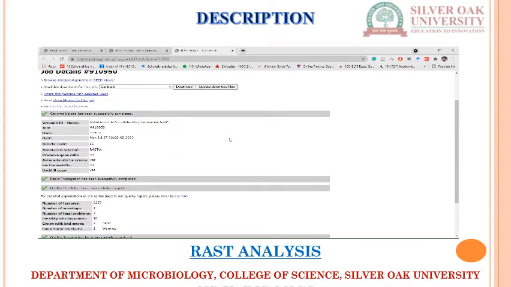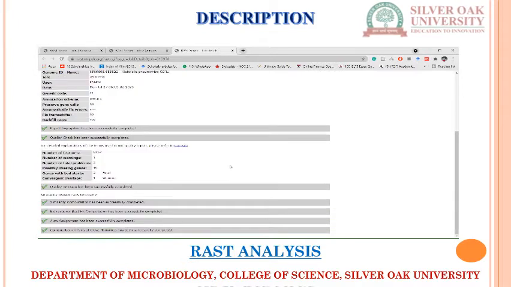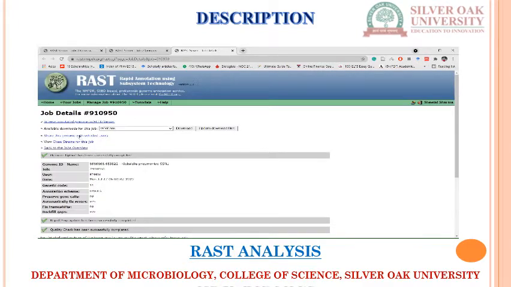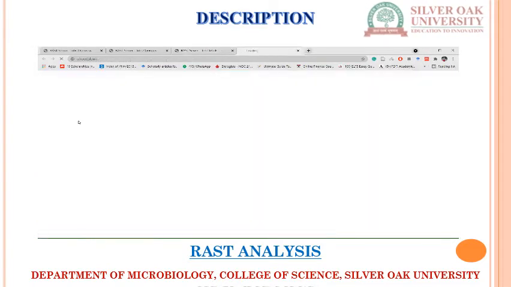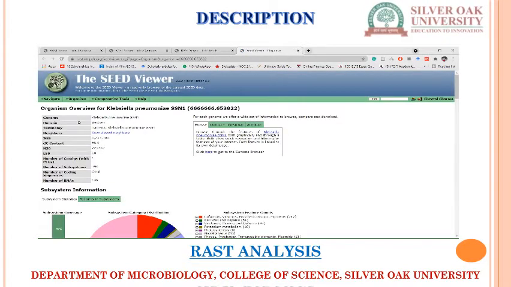Then you can upload your sequence and later find it. Here you can download it, or share it. Now the main SEED viewer that we will see: browse annotated genome. Our genome annotation has been done earlier, so we will see the annotated genome.